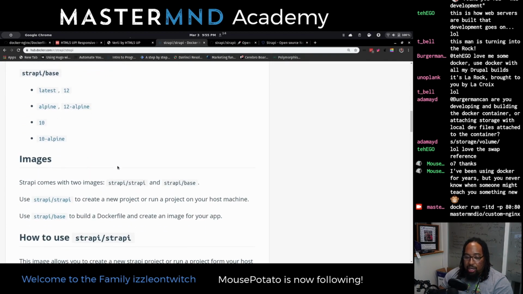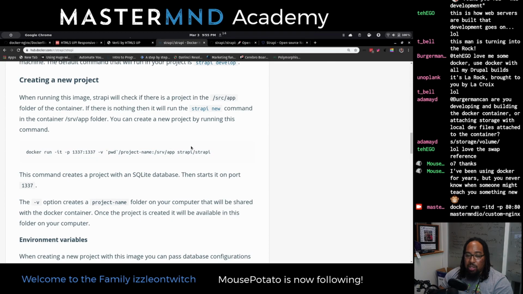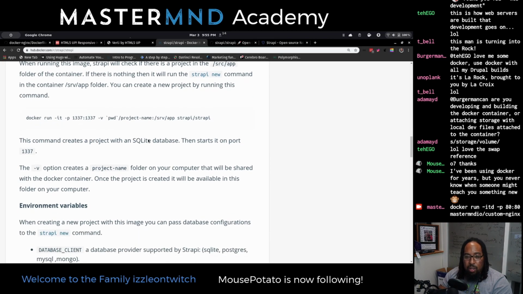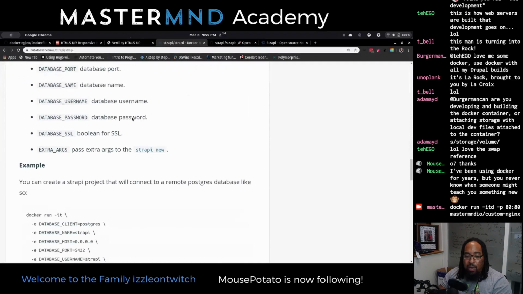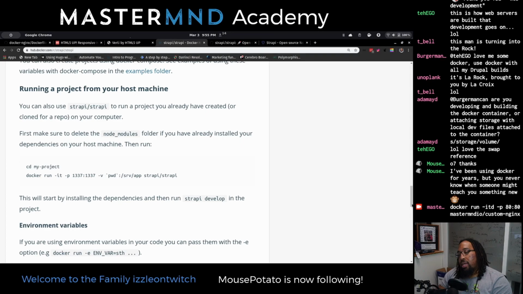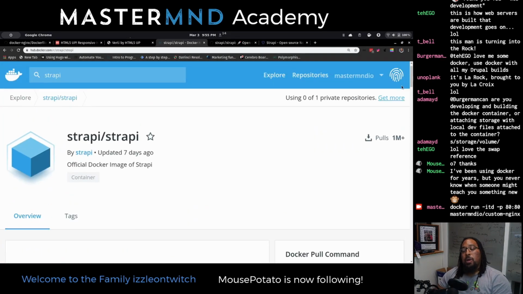All right, nice. How to use it. They give us a way to use it. So here's what we're going to do. This is going to use a SQLite database. Okay. So, all right, there's an art to Dockerizing things. There's an art to it. And I said we're going to talk about best practices.